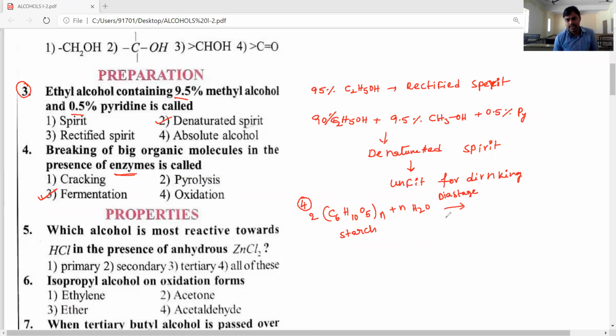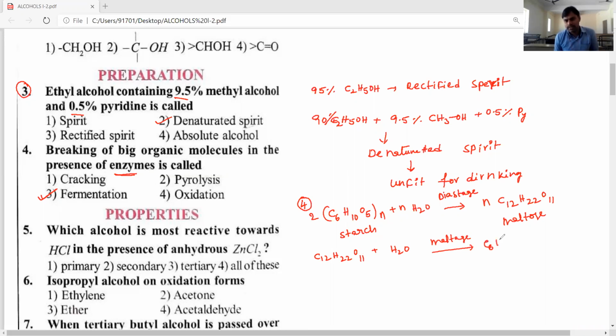In the presence of diastase enzyme, it is converted into maltose, C12H22O11. Okay, this is maltose. This maltose, upon hydrolysis in the presence of maltase enzyme,